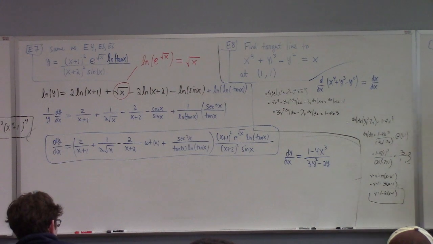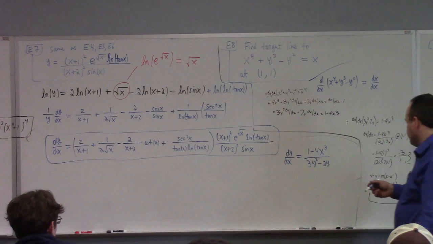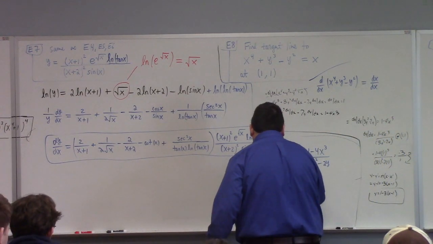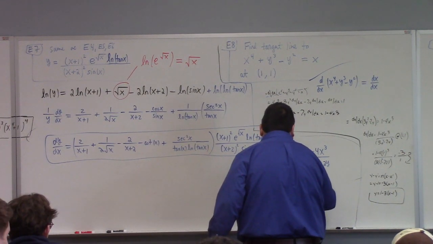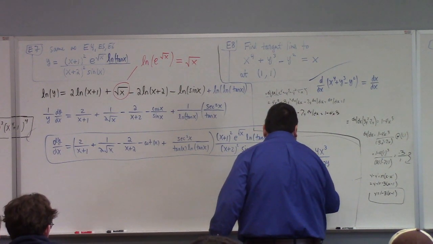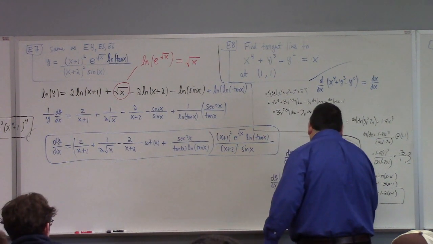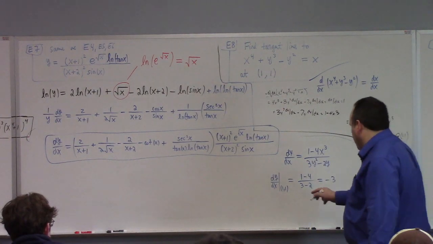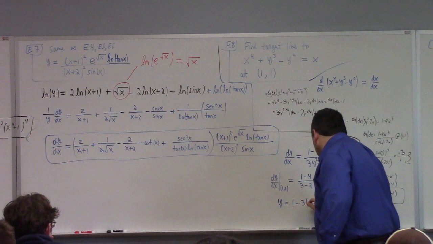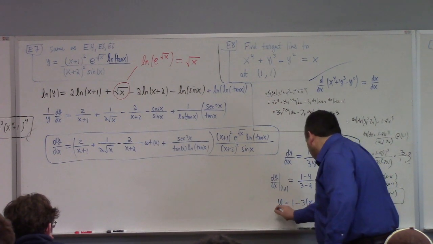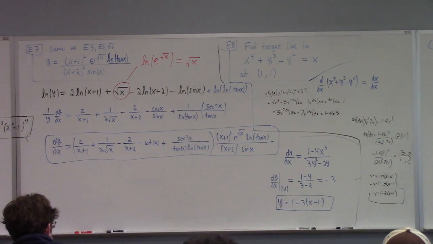All right, so then to find the slope of the tangent line, we plug the point into dy/dx. So what is dy/dx at the point (1, 1)? All that means is put y equals 1, so you get (1 minus 4) over (3 minus 2), also known as minus 3, is the slope. And then if the point is (1, 1), we can use our point-slope form, and we get y minus 1 equals minus 3 times (x minus 1) as the equation for the tangent line, which I think is what you got. Yep, cool, very good.